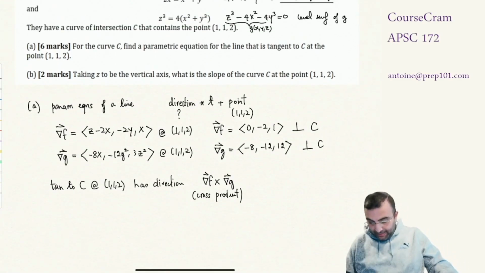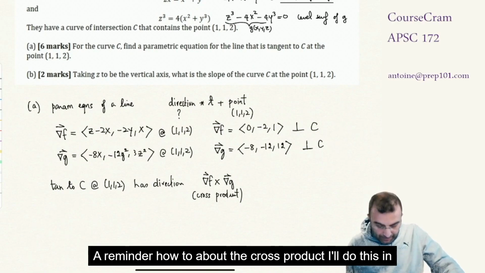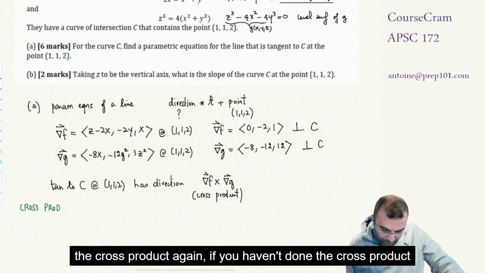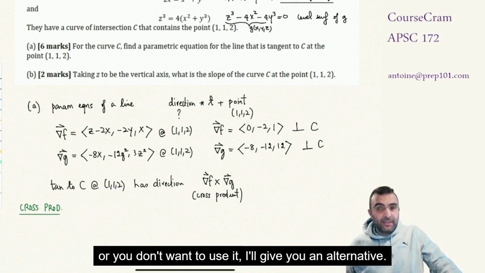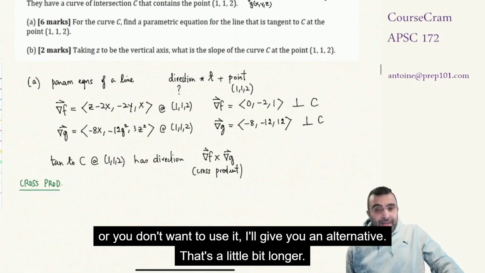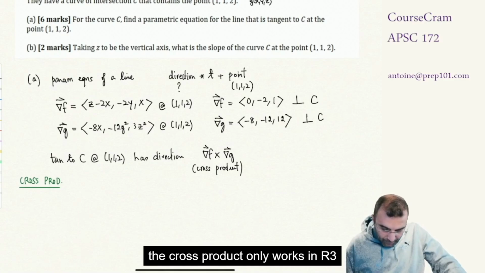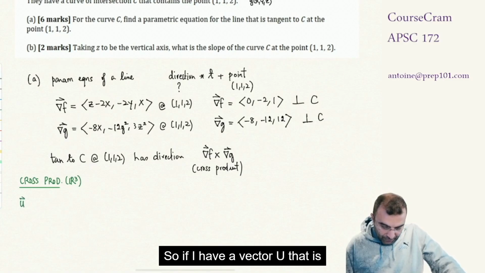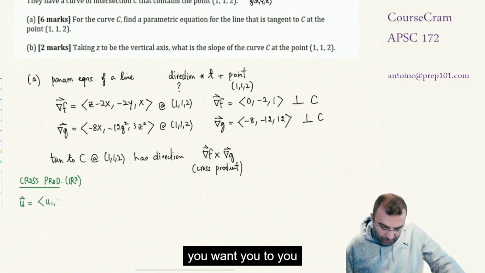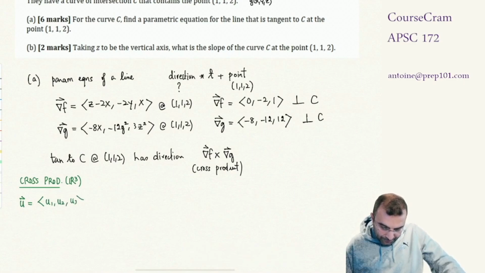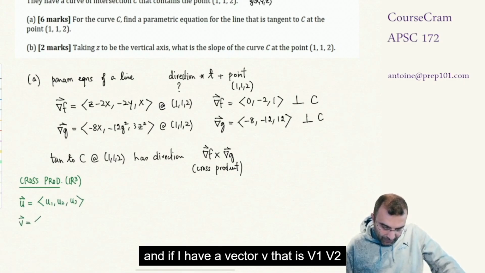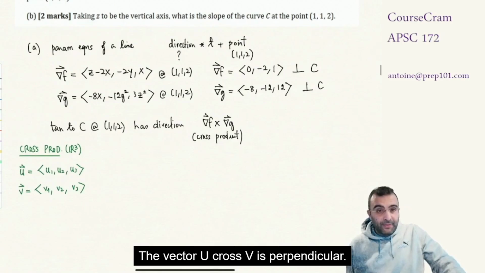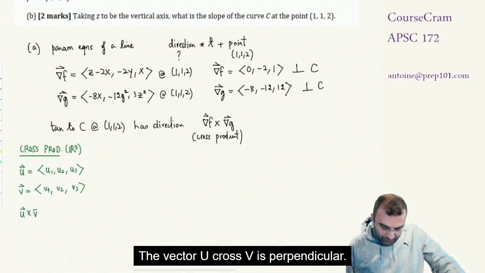Quickly, as a reminder about the cross product, I'll do this in green here. So this is a quick reminder of the cross product. Again, if you haven't done the cross product or you don't want to use it, I'll give you an alternative that's a little bit longer. The cross product only works in R3. So if I have a vector u that is u1, u2, u3, and a vector v that is v1, v2, v3, the vector u cross v is